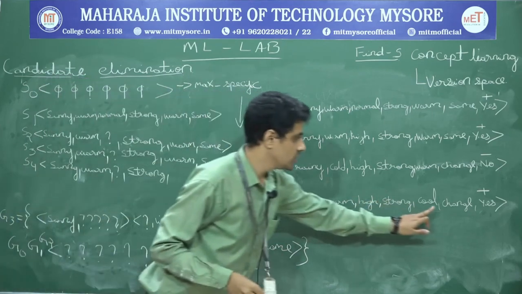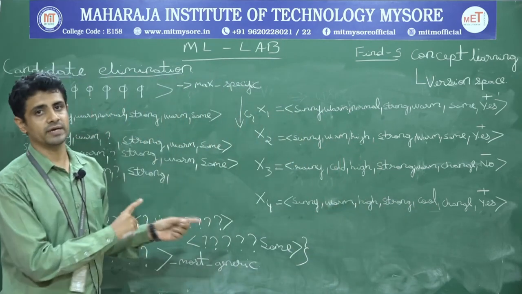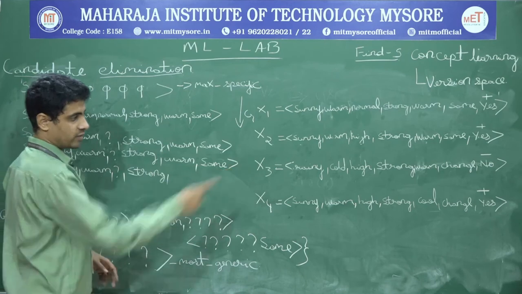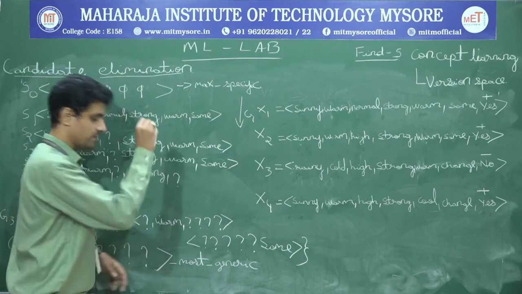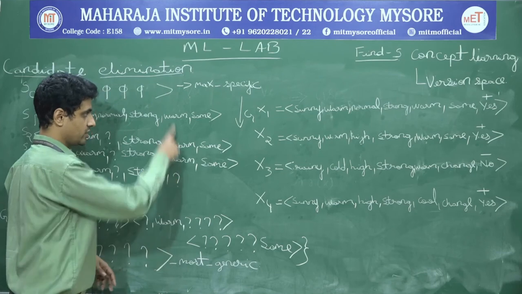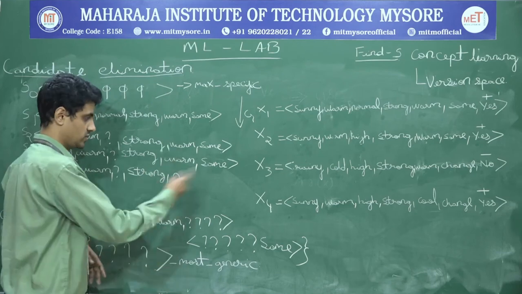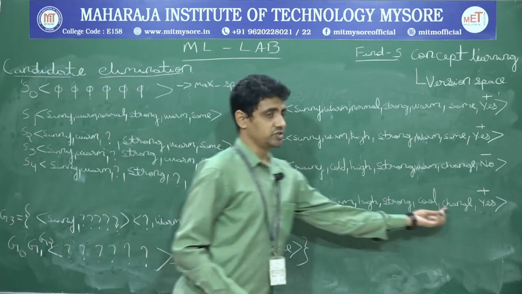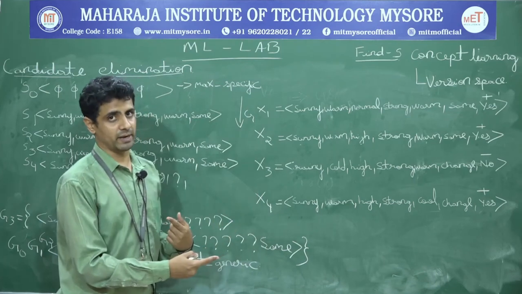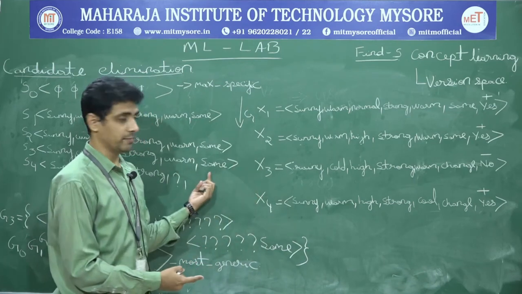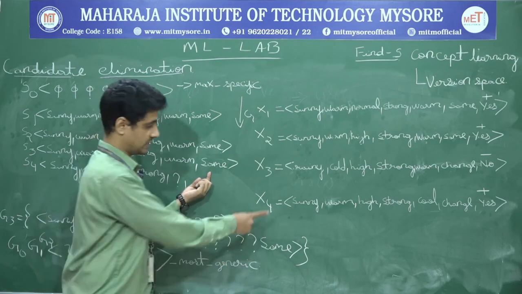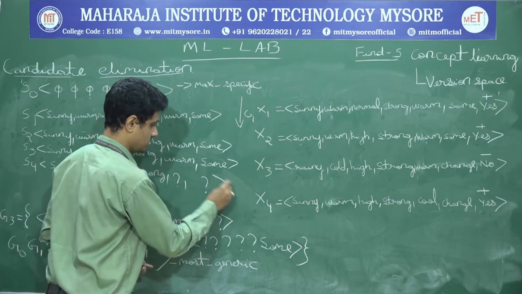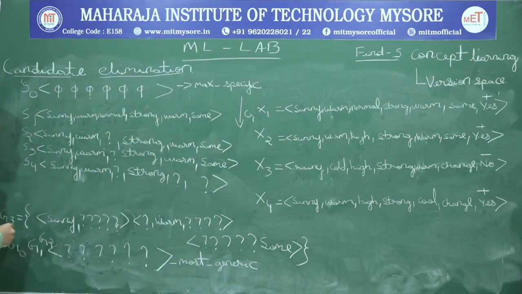Next warm, cool. So now we have two different attribute values for the positive itself. Before, the positive had warm, now it is having cool. So when different attribute values occur, it is replaced with a question mark, which indicates what? This particular fifth attribute can take either warm or cool for the fourth instance. Next, same, change. So again we have two different values for the same attribute in the specific hypothesis as well as in the current example, instance 4. So again replace this with question mark. So this is my S4.